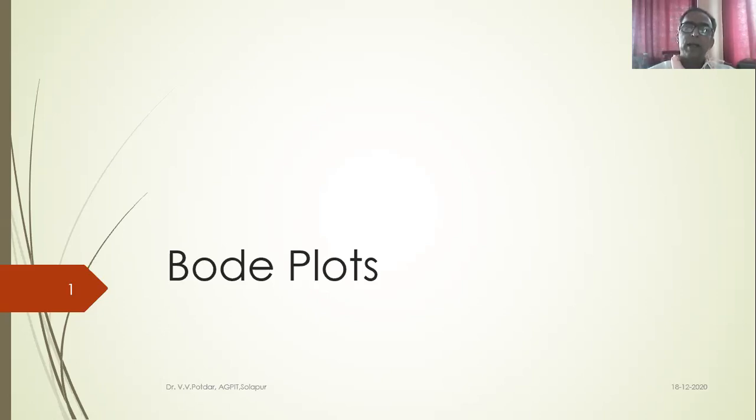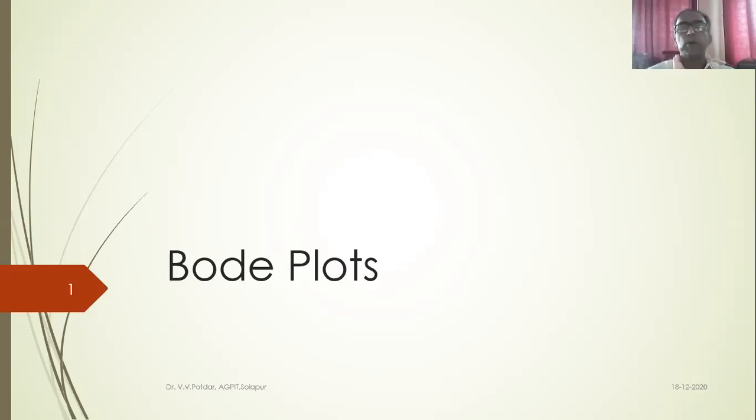Let us say it is climbing a slope, a ramp. So this suspension system is subjected to a gradually increasing force. I call it a ramp function input. So this transfer function, which is the ratio of X(s) by F(s), I put F(s) equal to the input function, which is equivalent to a ramp function.